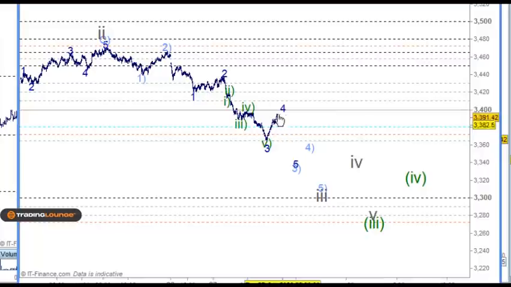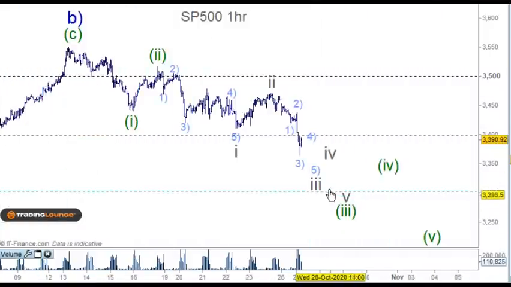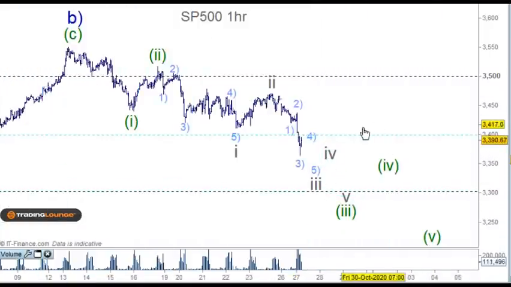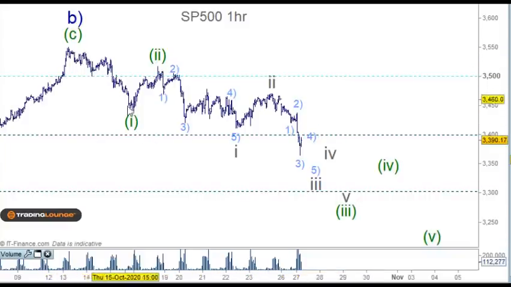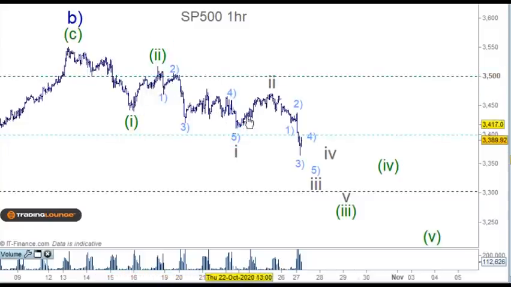If this market finds support back up on the 34 here, and doesn't back on the 34 here, if it finds support here and starts to move up at that point, well, then we need to look at our triangle pattern, but we'd also need to look at the other move that I just mentioned as well, as 1 and 2 and 3 here and 4 here and 5 here, because that shows up on the NASDAQ